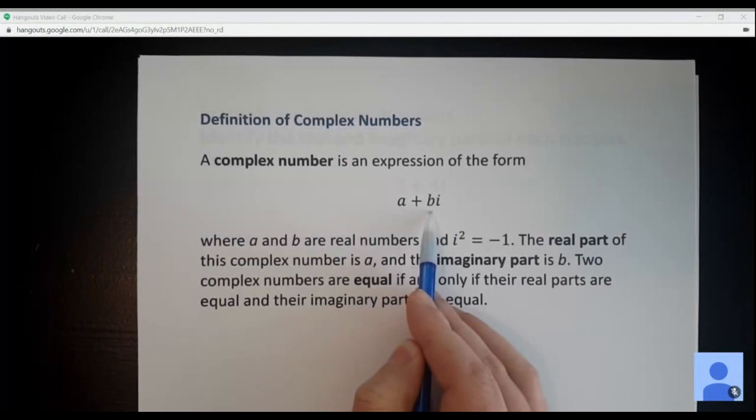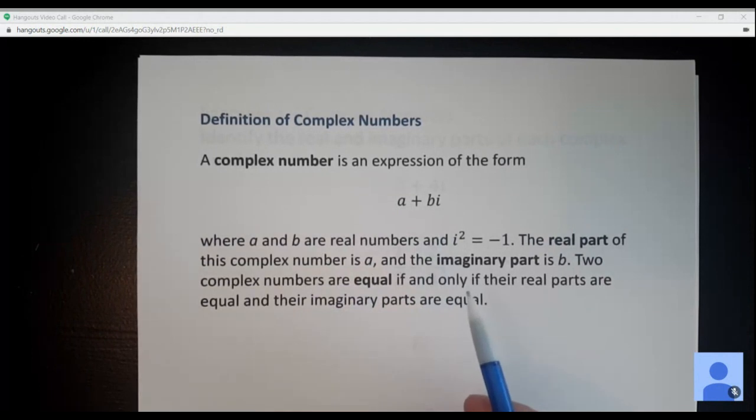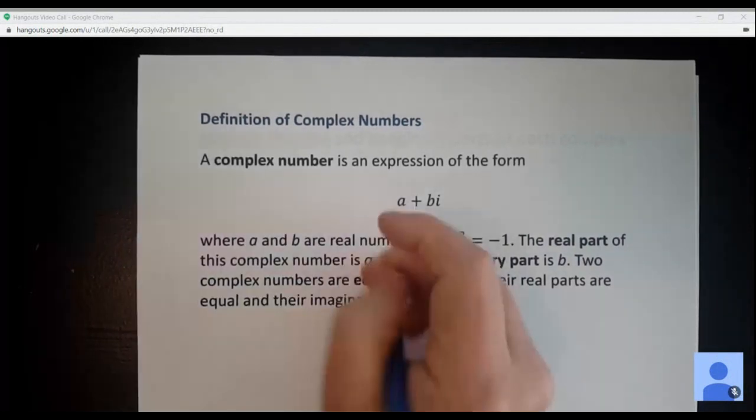Now, you might be asking yourself, well, what does i even mean, right? What does it mean to be an imaginary number? The way we're going to get i is that i squared is equal to -1. Well, if we think about that, if i squared